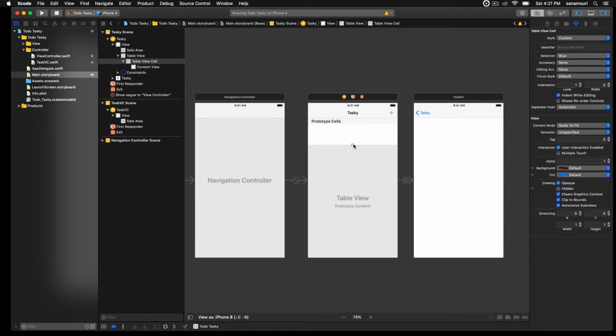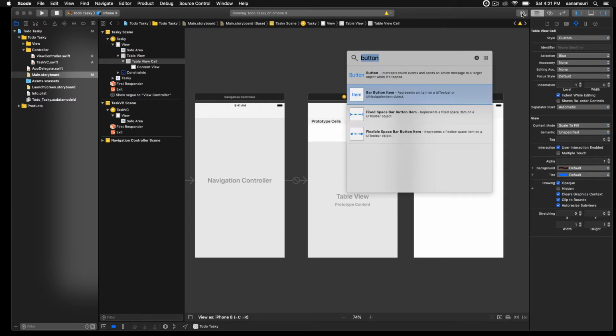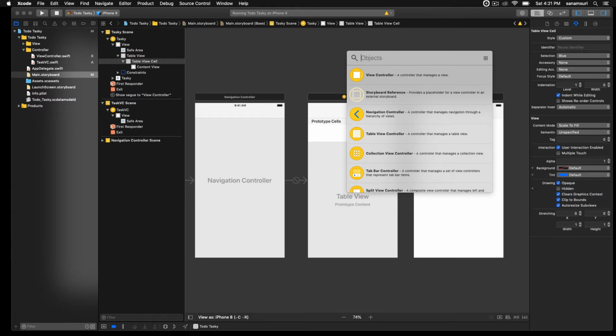Just some basic designing work right now. We have already worked with table view. You can check out my other videos. I have a video specifically for table views, so you can check that out. So in this table view, we're gonna add just a label,